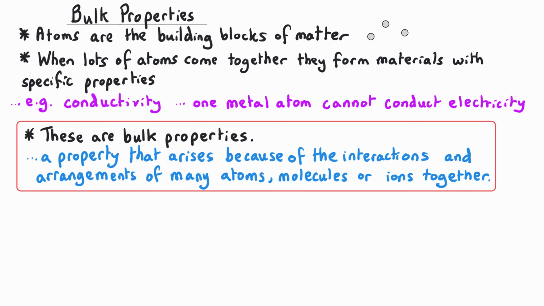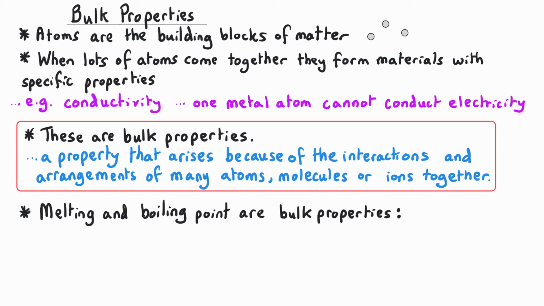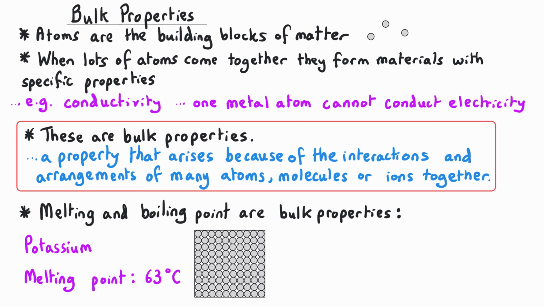Conductivity is a bulk property, which means it only arises because of the interactions and the arrangements of many atoms or molecules or ions joined together. So this property is the same whether you have 1,000,000 atoms or 1 billion billion. Melting point and boiling point are examples of bulk properties. For instance, a sample of solid potassium will not melt until it reaches its melting point of 63 degrees C,